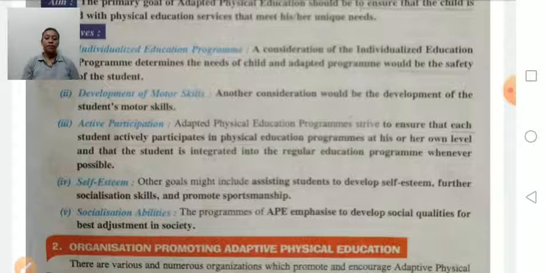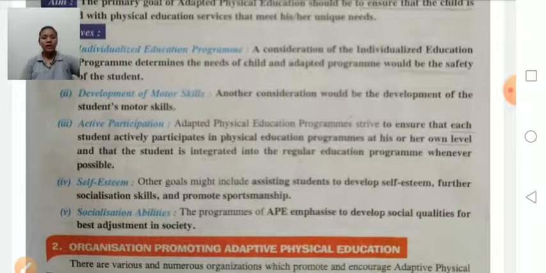The objectives are first to individualize the education program according to the disability to meet his or her needs, and developing motor skill. Active participation, motivating them to participate in sports activity so that it helps growth and development of the body. Self-esteem, developing confidence in them. Developing social ability, meaning developing social quality so that they can easily adjust in society.